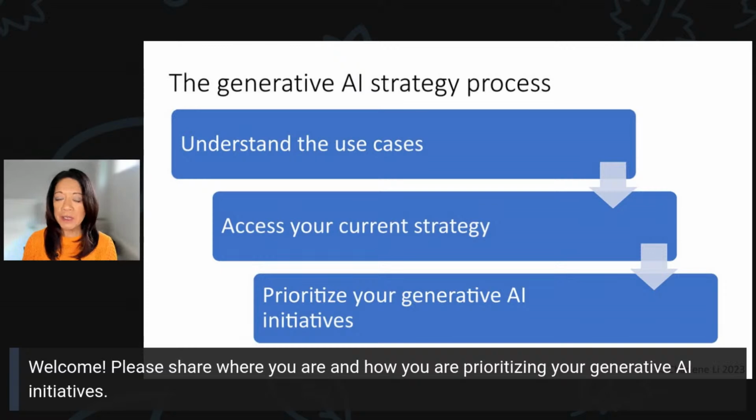First of all, it's understanding what the use cases are. What can you do with generative AI? And we'll go through some of the top six use cases. Now, this is not exhaustive, but these are big categories of how you could use generative AI to give your organization a competitive advantage, to recognize more revenues, be more productive, have a better relationship with your customers, etc. Then we'll talk about how you assess your current strategy. And then we'll talk about how to actually prioritize which initiatives you're going to take on. All right, so let's get into this.